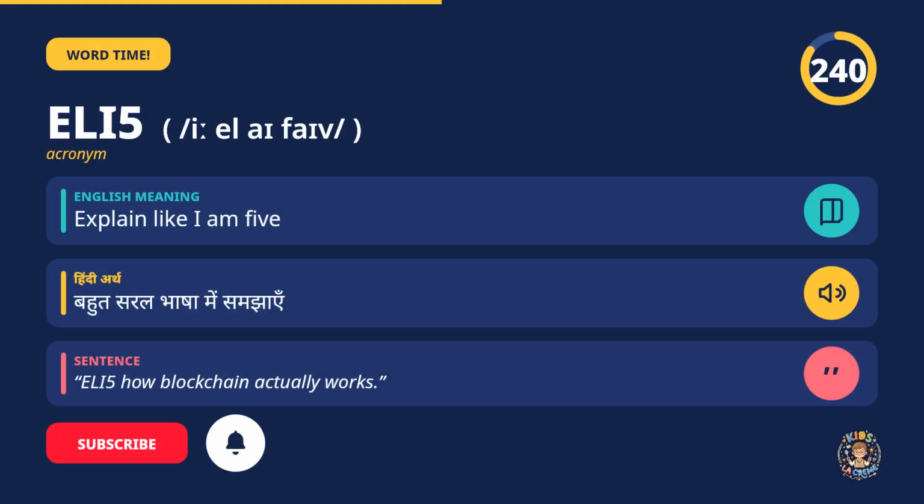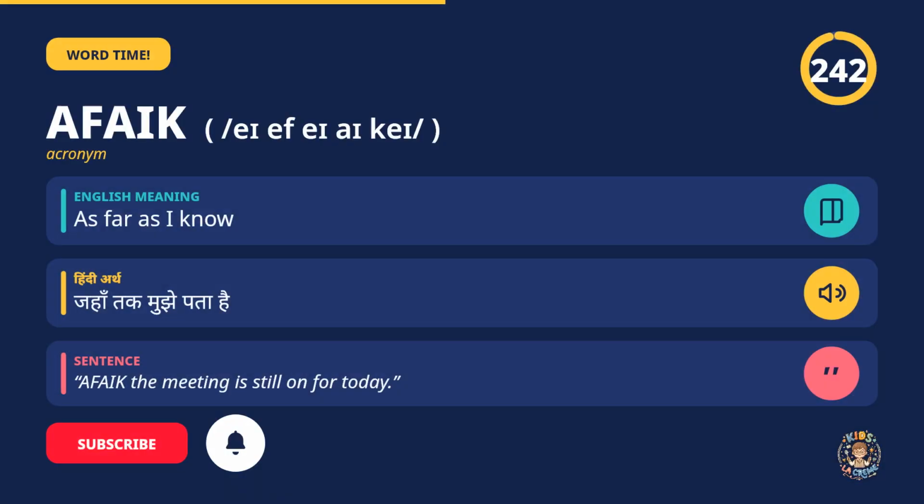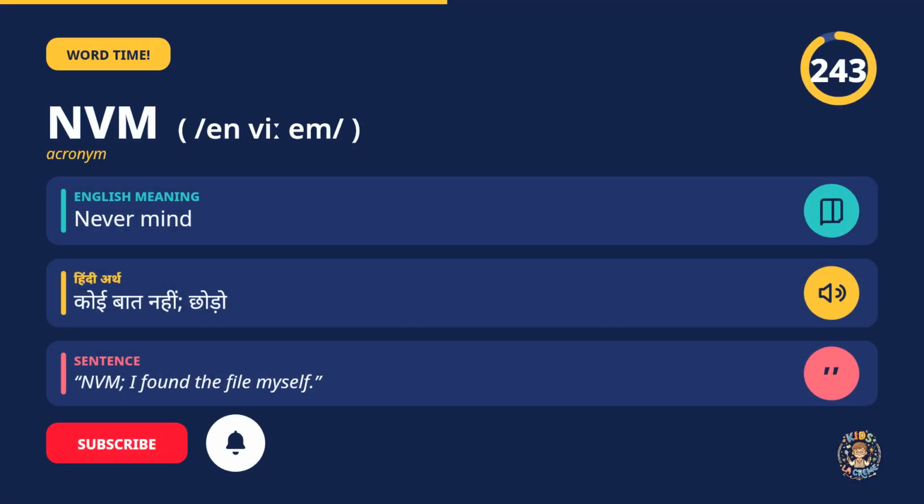ELI5, explain like I am 5. ELI5, how blockchain actually works. TIL, today I learned, TIL that octopuses have 3 hearts. AFAIK, as far as I know, AFAIK the meeting is still on for today. NVM, never mind.